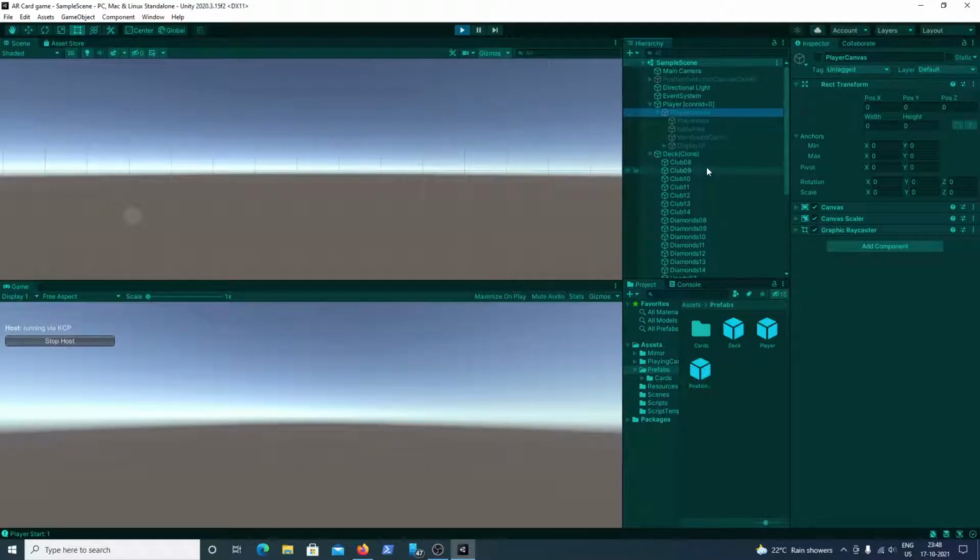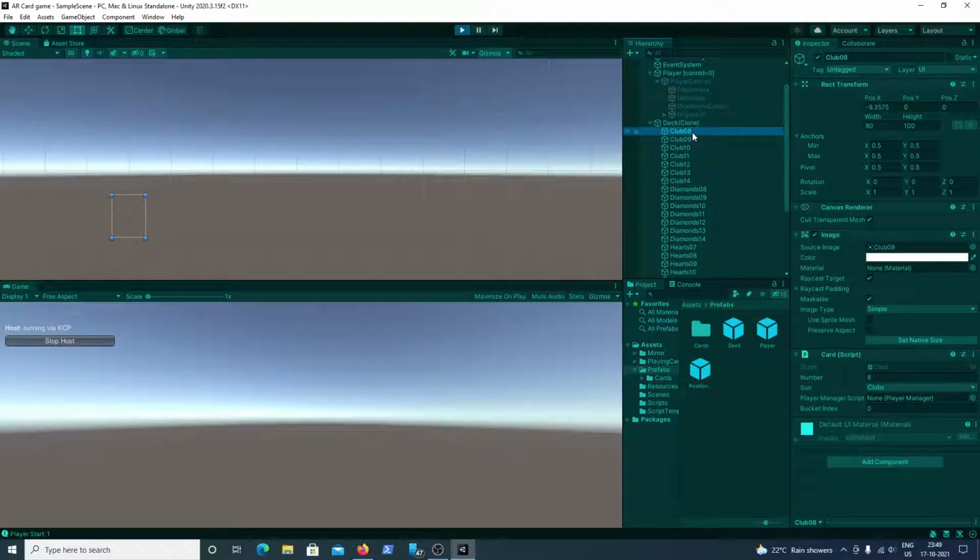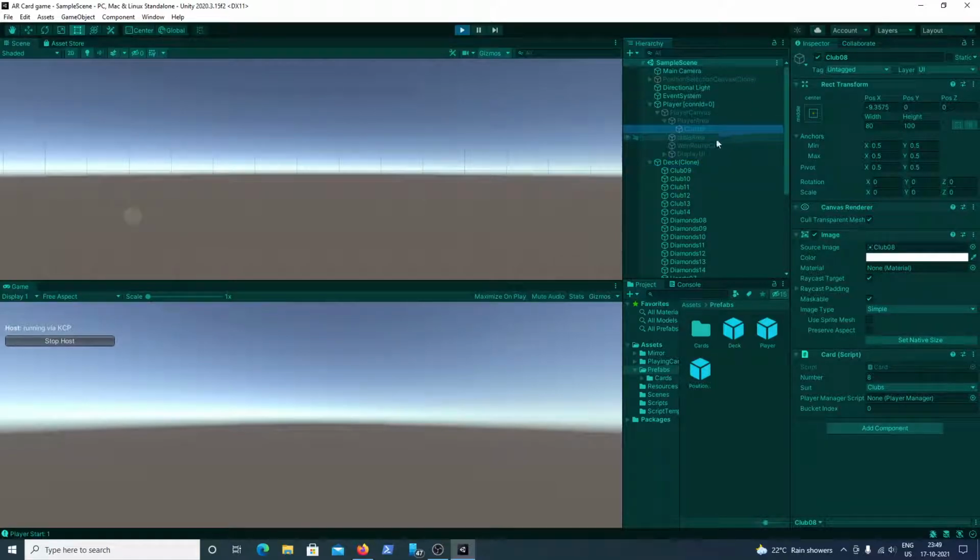Okay, so here if you see, this is the deck, my deck, and these are the cards which are going to get distributed to the players. These cards will be put to the player area during the gameplay. And if you see here on the scene panel, there is no outline of that particular card, but in this other case there is the outline, right, which shows that the card is not visible yet, but it's there. But in this case I don't know what the problem is exactly.